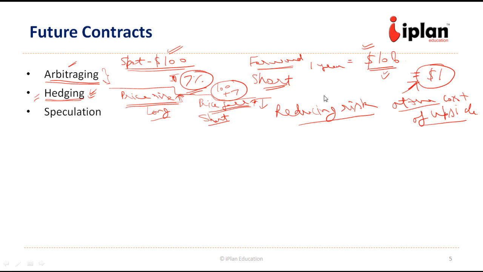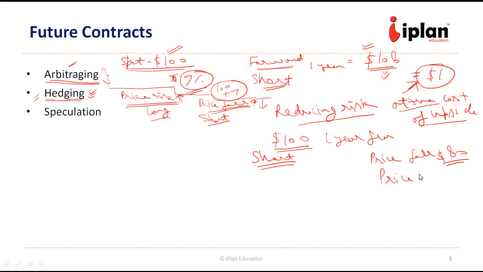So this protection which they are buying through hedging is at the cost of upside. For example, if there was a farmer who wants to sell a product at $100 1 year from now, he gets into the short contract. So if the price falls to $80, he will gain. He will be able to still sell at $100